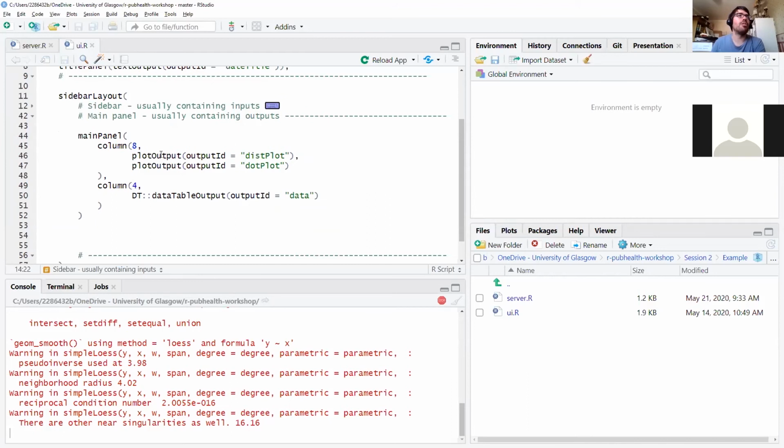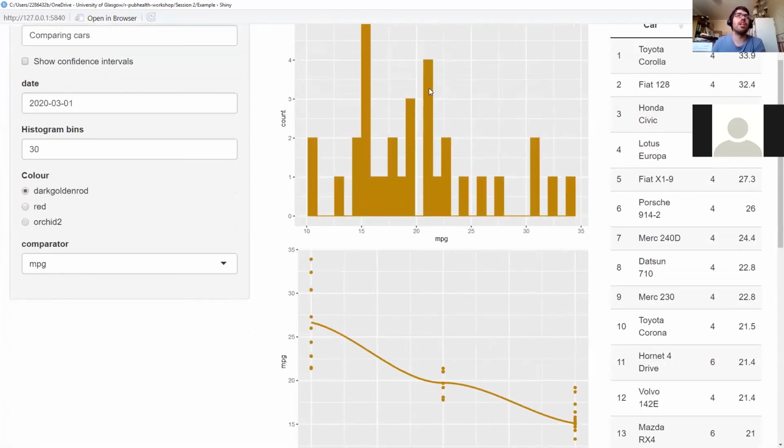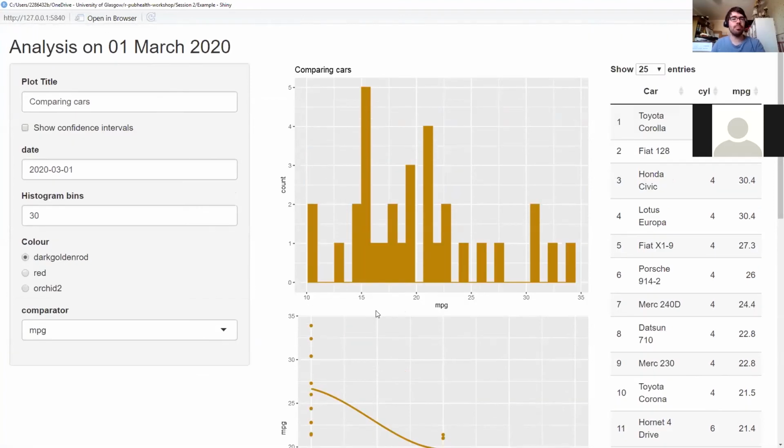We've got a couple of outputs here: a plot output of a distribution plot, a dot plot, and data. And when we go back in and run, if it's already running, we will see that that's what's being created here. And these bits are being stacked, and this bit's been put in a new column. But the plots are being rendered, and the table's being rendered. So that's the kind of basic layout of how the user interface is working and how it's putting stuff together